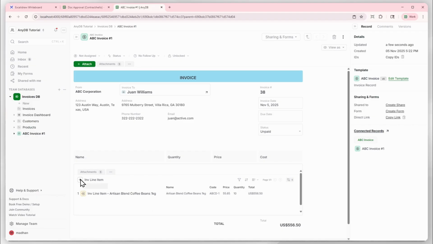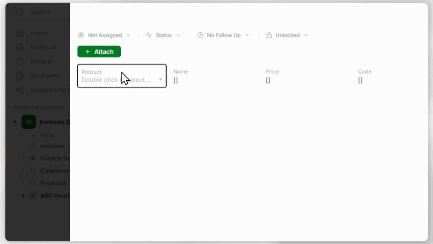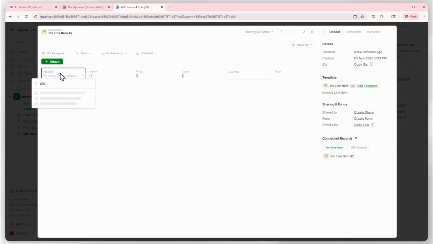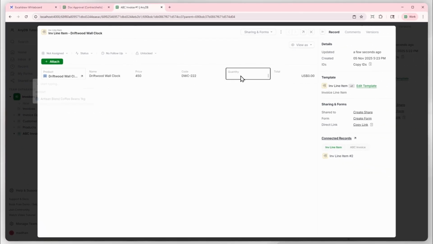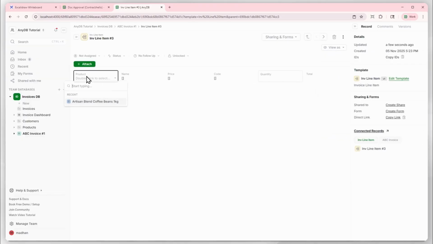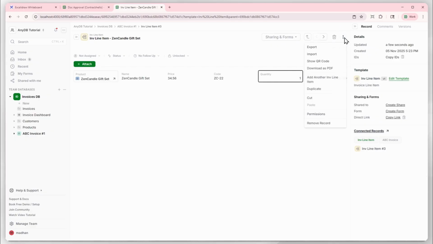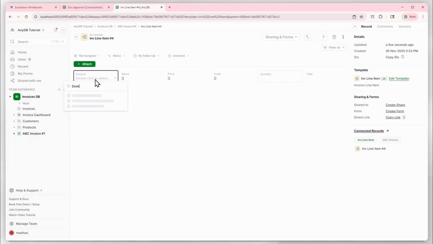Now let's go ahead and add a few more items right here. So let's add one more. This is going to be the wall clock, and we're going to say 2. We can do this also by adding another invoice line item right here without having to close and reopen, which can be a little tougher. Let's select the gift set as well, and this is going to be 1. And finally, we're going to create another one by selecting, let's say, the desk lamp,